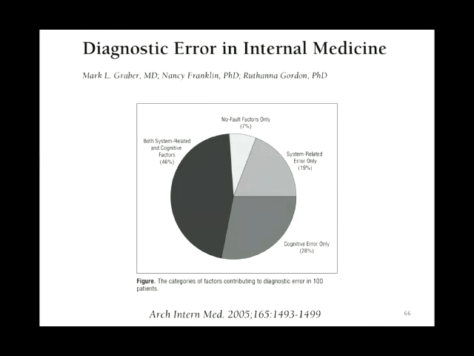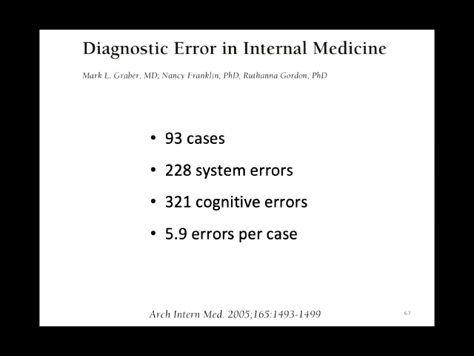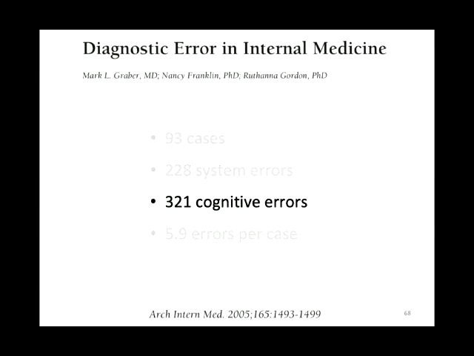And this pie graph here shows the percentage of system errors, cognitive errors, or both. What I want to highlight is that cognitive errors alone were 28%, and cognitive errors with system errors were 46%. So the cognitive errors occupy a large percentage of this pie chart. They found 228 system errors, 321 cognitive errors, and on average, almost 6 cognitive errors per case. And I just want to focus on these